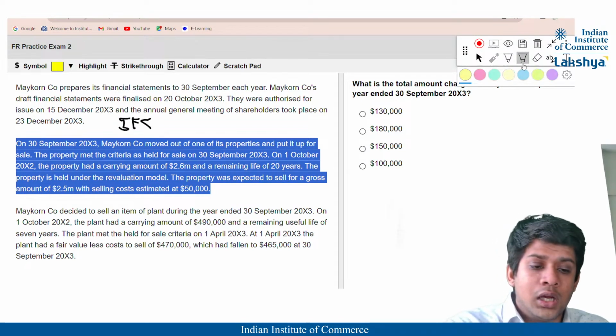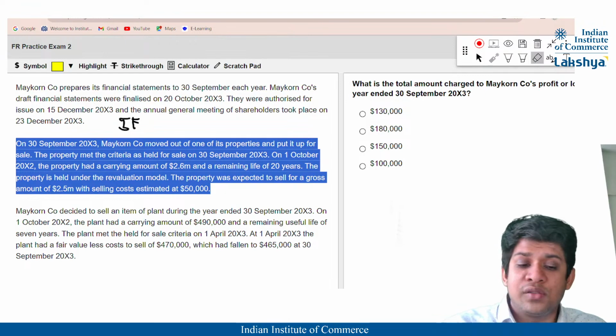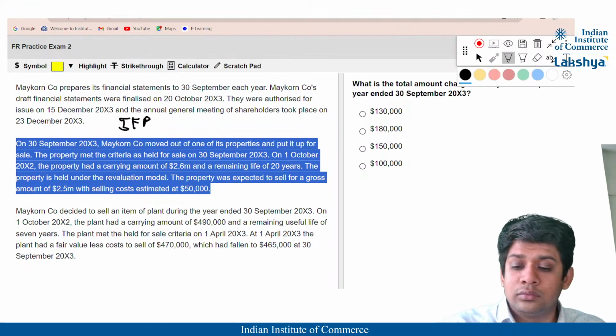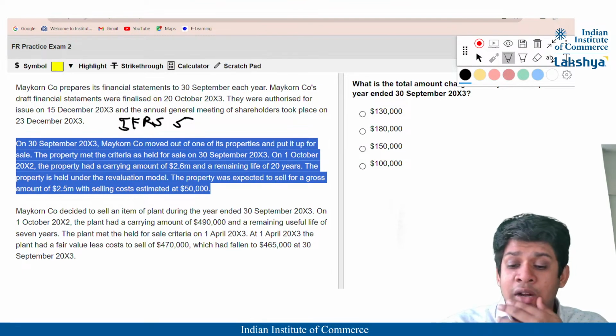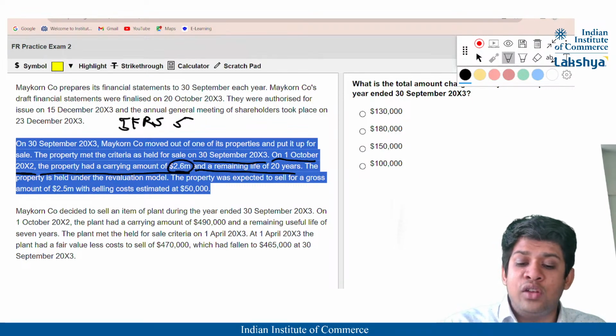Okay, it will be classified under IFRS 5. Because it is not held for capital appreciation, they are saying it is held for sale. Okay, at the year end it is held for sale, but before the year end, that is on 1st October, that means at the opening, the property had a carrying amount of 2.6 million and a remaining useful life of